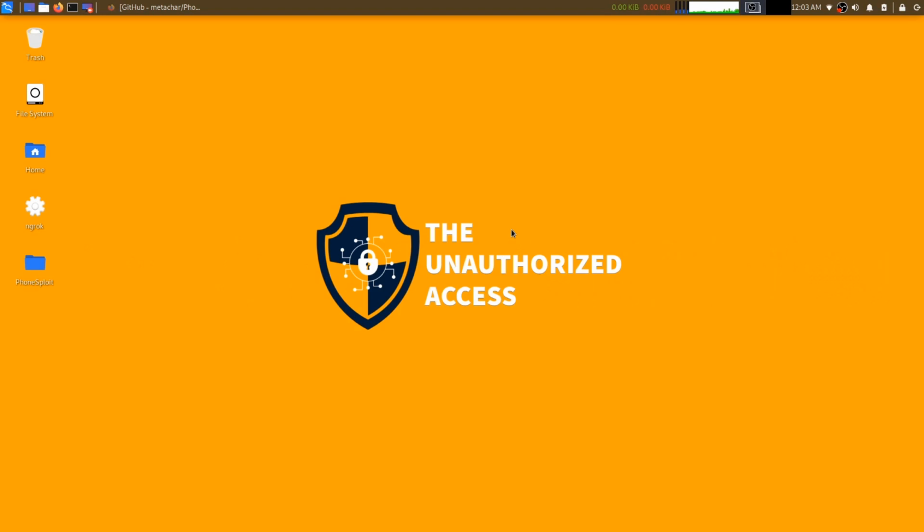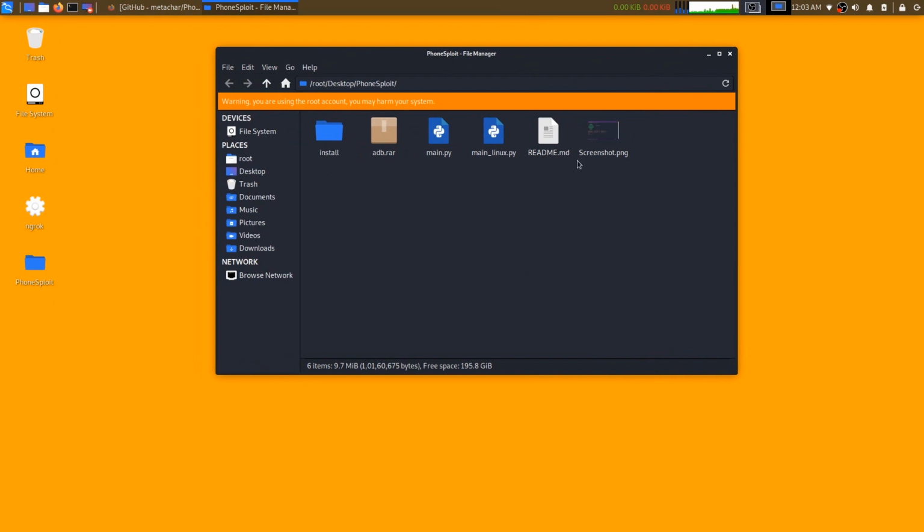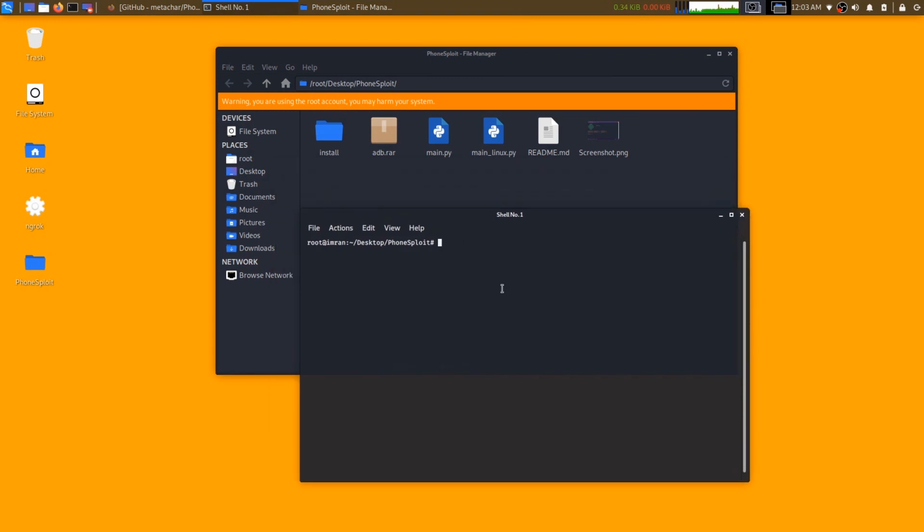So guys, as we have downloaded and completely installed the application, now we'll dig into it. We'll open the PhoneSploit folder, and we can see there are some files here. Let's open the terminal here, and I'm going to use Python 2, main_linux.py. With this command I will run the Python script. It is asking, have you already installed adb via command line?